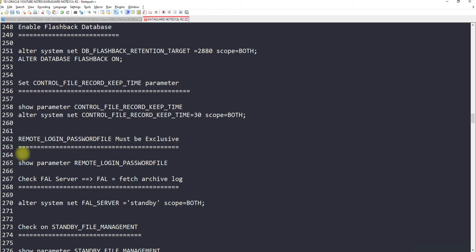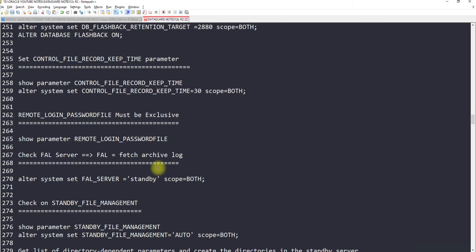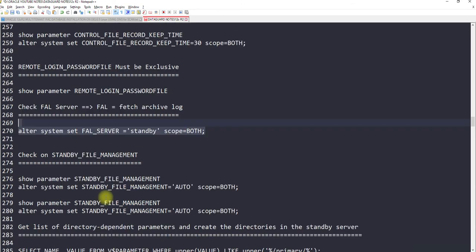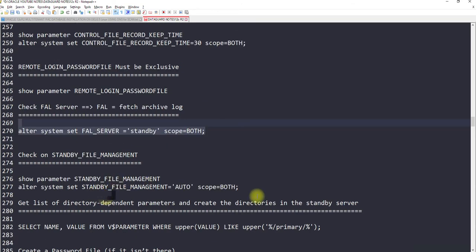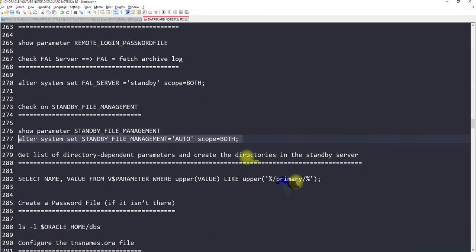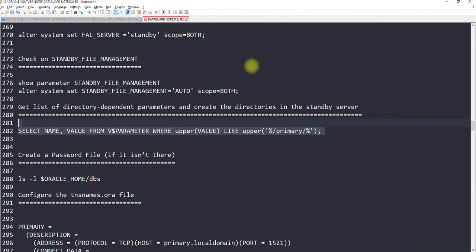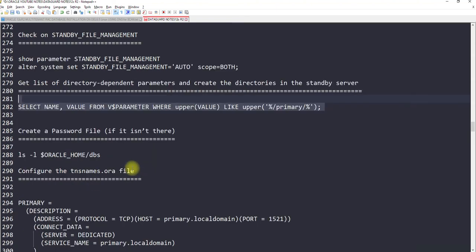We validated the remote login. Okay, so everything is on the primary. We have checked the file server. We have made sure the standby file management is auto. We have validated on the primary what all directory dependent parameters are there. Okay, so we needed to make sure these are noted and then created on the standby as well, so that during the RMAN duplication nothing gets messed up, right?